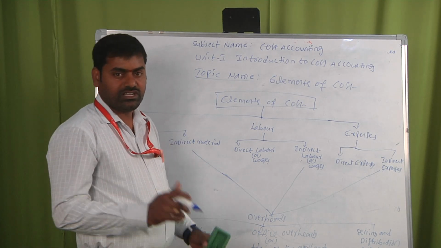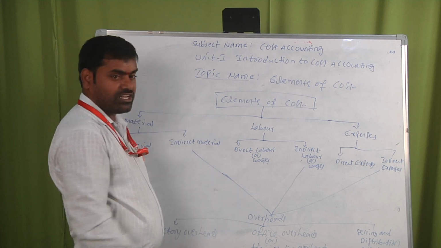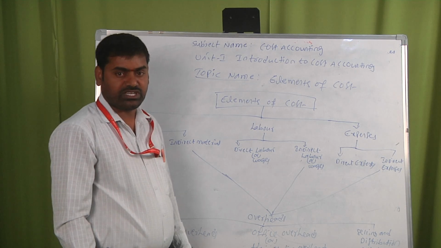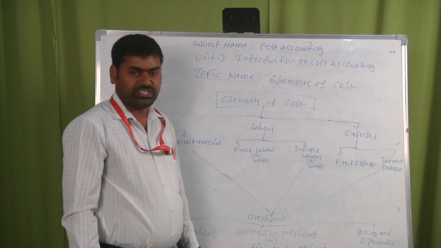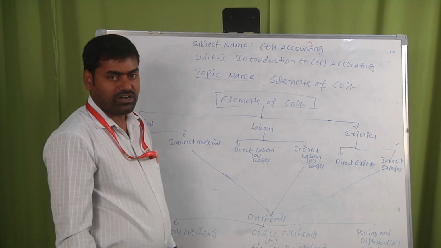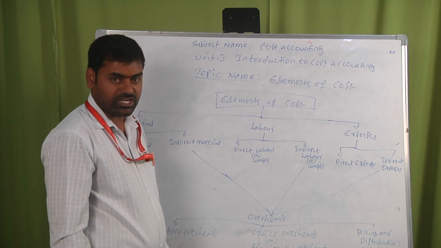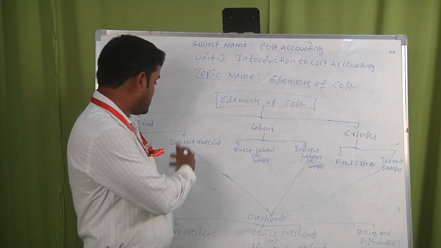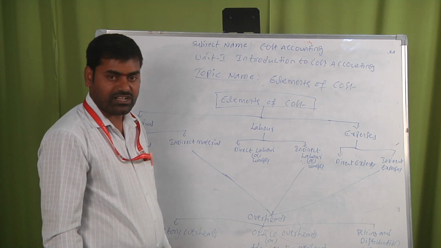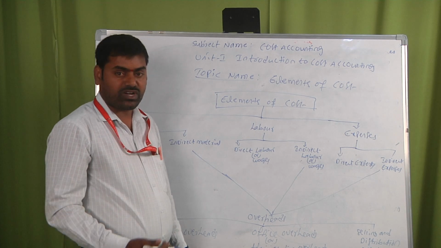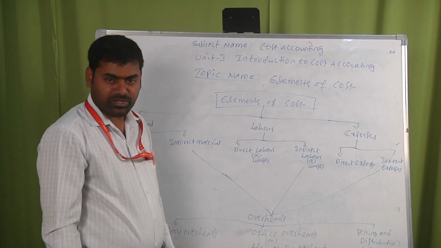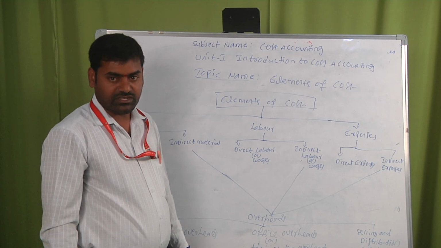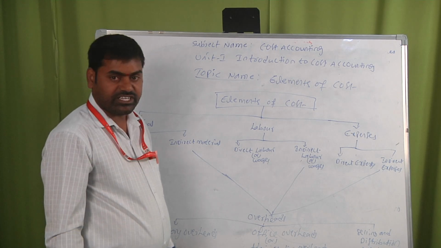In material there are two parts: one is direct material, another one is indirect material. Generally, direct material is material that can be easily identified in the finished product. For example, wood in case of furniture, sugar cane in case of sugar. These are the raw material. The second one is indirect material. Indirect material is also material, but it cannot be easily identified in the finished product. For example, thread used in cloth is the best example of indirect material.